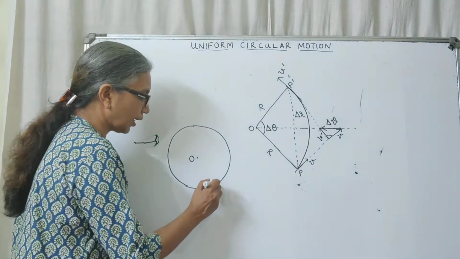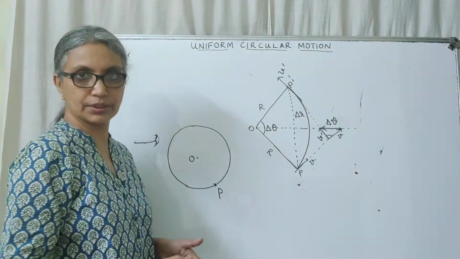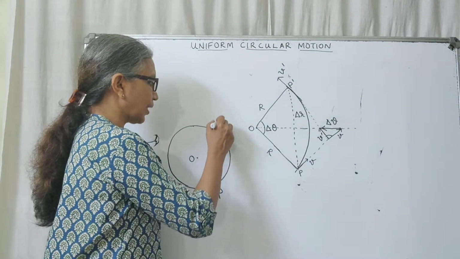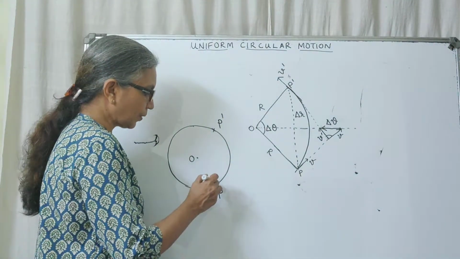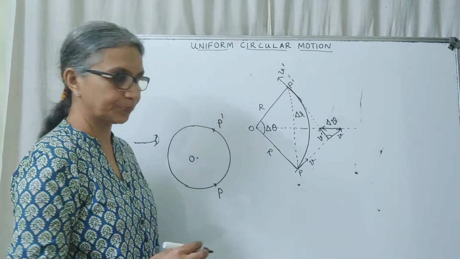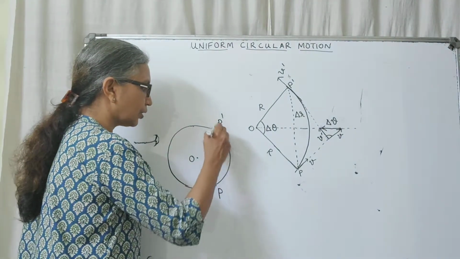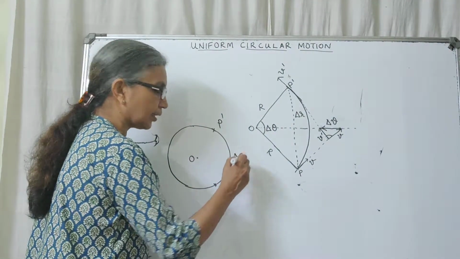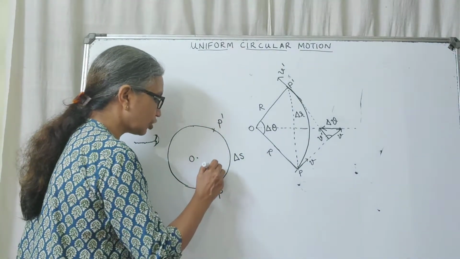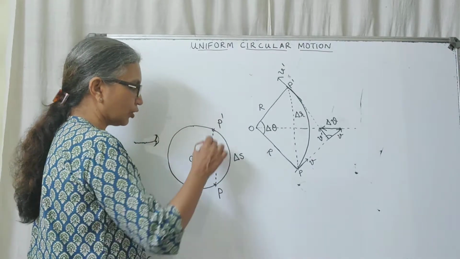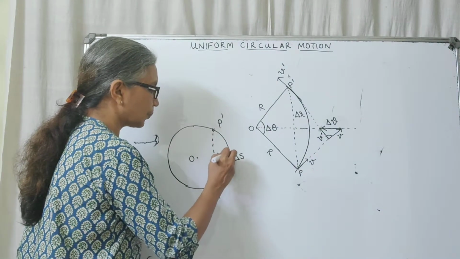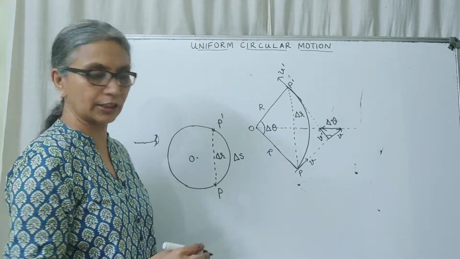So, let the particle be at, let's say, position P at some time t, and after a time interval delta t, let its new position be P dash. Okay? So, this particle moves from P to P dash in a time interval delta t. So, this distance covered is what I am going to take as delta S, the total distance from P to P dash. If I draw the shortest route from P to P dash, the shortest distance, then that is what you would call as the displacement of the particle in time delta t.